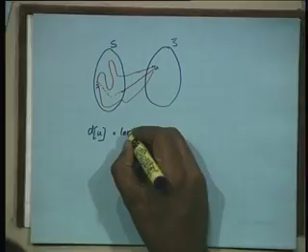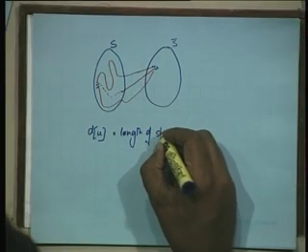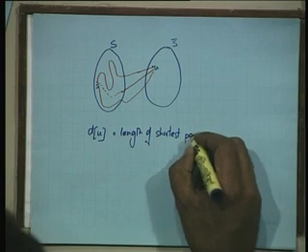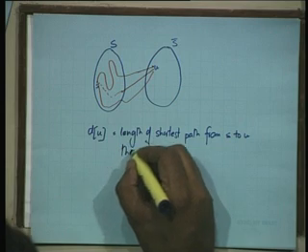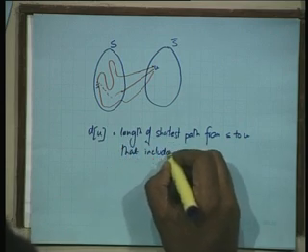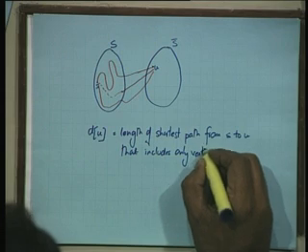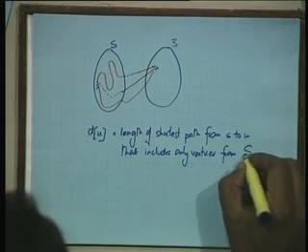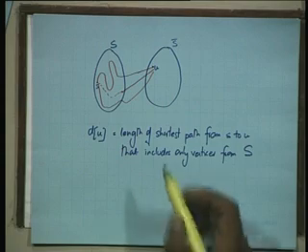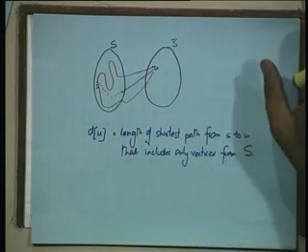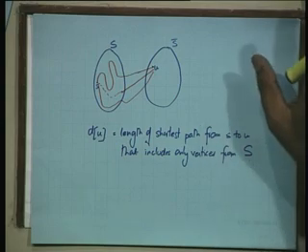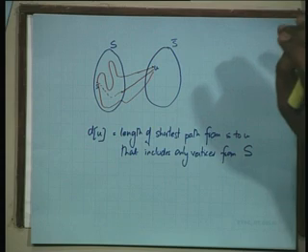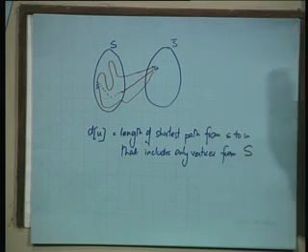So, formally I could write D of u equals length of shortest path from S to u that includes only vertices from the set S, right. You will say u is in S complement, so except for u, which is the last vertex, the other intermediate vertices will only be vertices from S. That is the meaning of D of u, or that I claim is the meaning of D of u. Let us see whether this is really true.